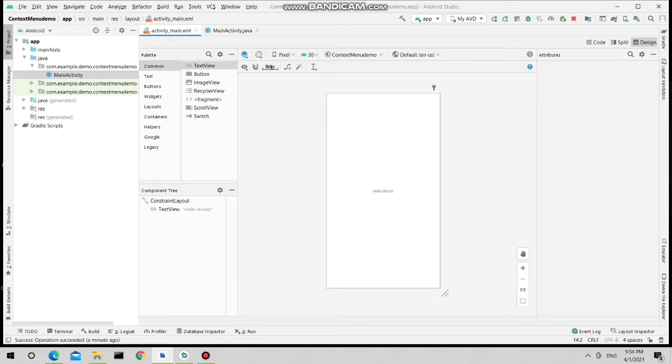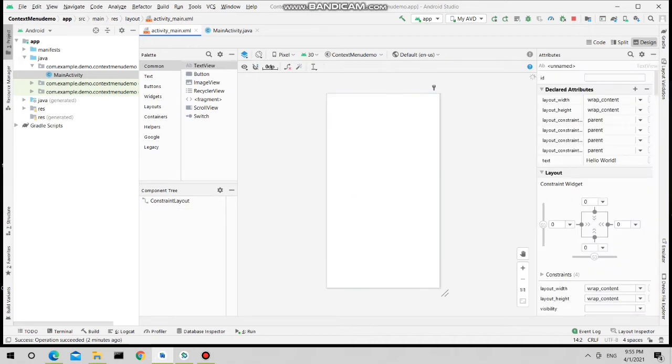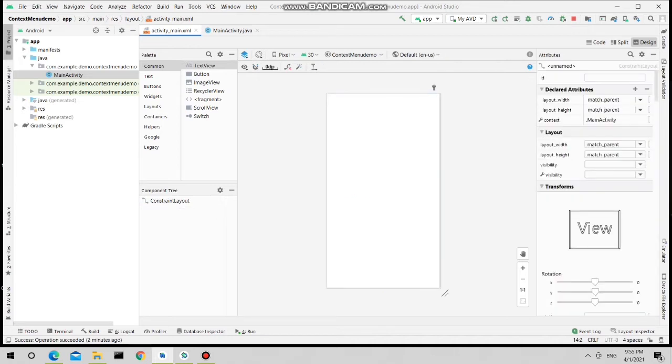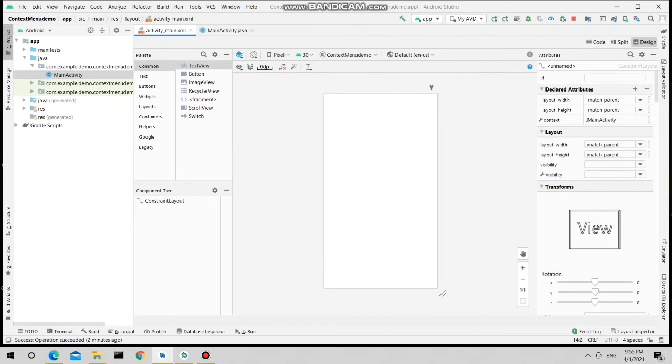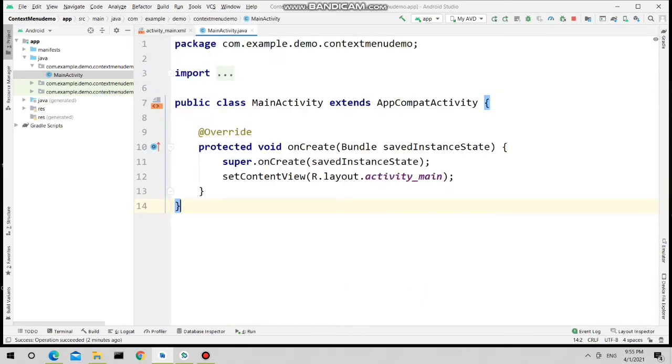So in this session I'm going to show you how to display such context menus, and then also we'll see how to perform action on those context menu. So I have created here the application ContextMenuDemo, and I have created one empty activity. So the first step that we already saw is that we need to create the menu items. What menu items will be the part of context menu?